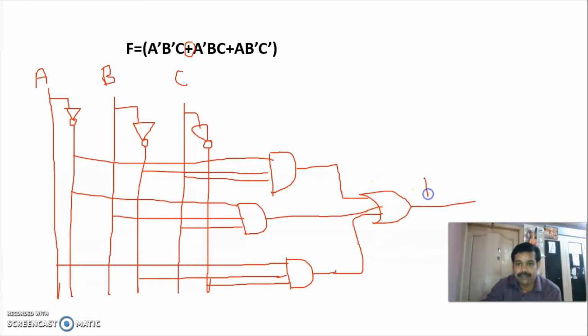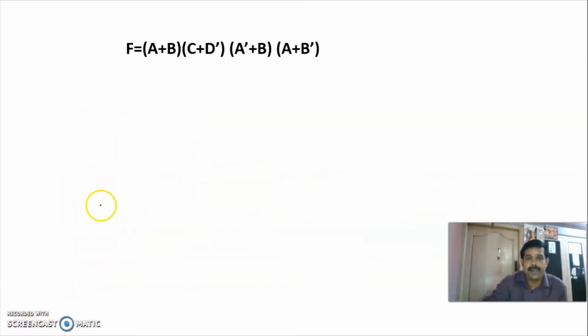So you'll be getting F. So this is a way of implementing it. Another implementation: here also you are having four variables